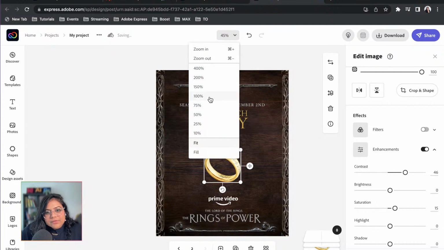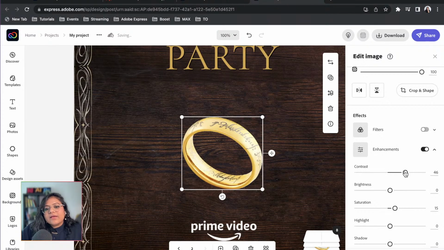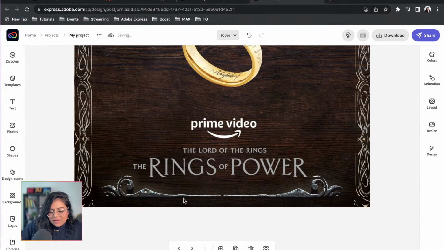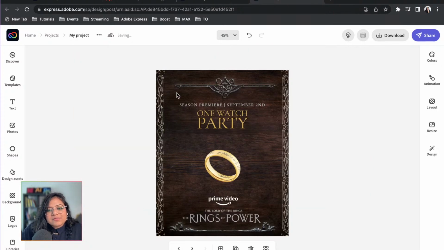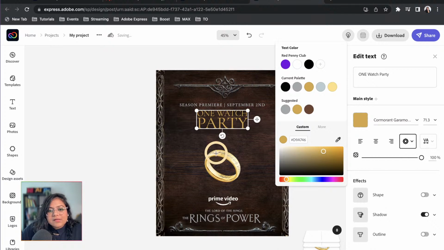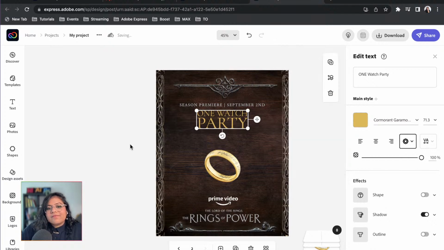I think I should zoom in a little and see how that looks. Okay, yeah, I think I can turn the contrast down a little bit. All right, so this is not a photo enhancement stream, but you still can see everything that happens within Adobe Express. So even if this is not a photo manipulation tool, you can still use the basic stuff that's already available for you here.